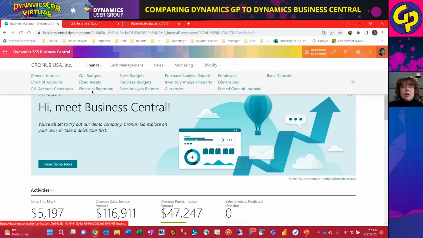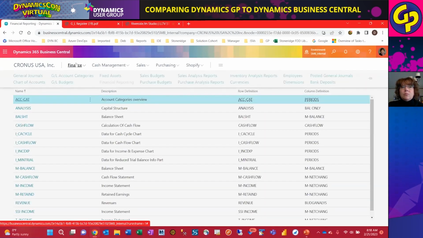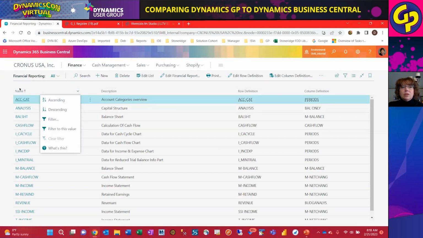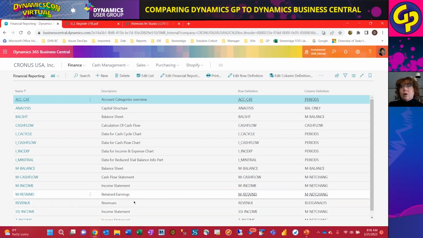So the next place that we're going to jump over to is Business Central and look at the out-of-the-box financial reporting that Business Central has. So that was under Finance and Financial Reporting. And very similar to Management Reporter, we have the name of our report, so essentially our report definition, and then we're also defining a row definition and a column definition. So in this case, I'm looking at an income statement, and I want to use a net change column definition